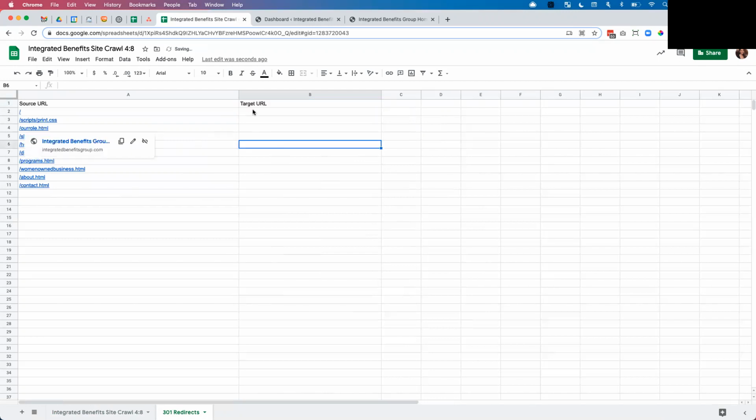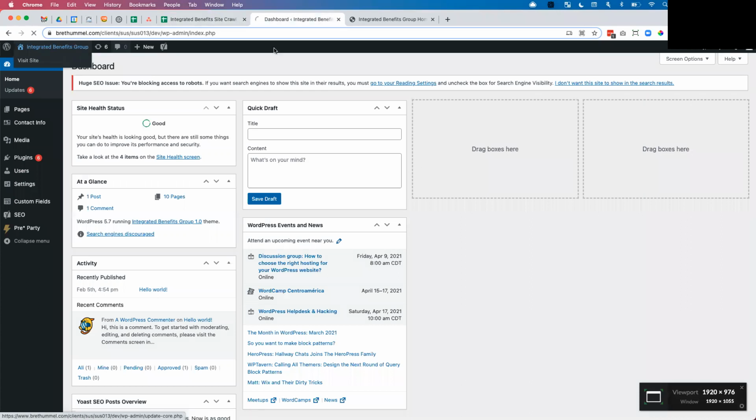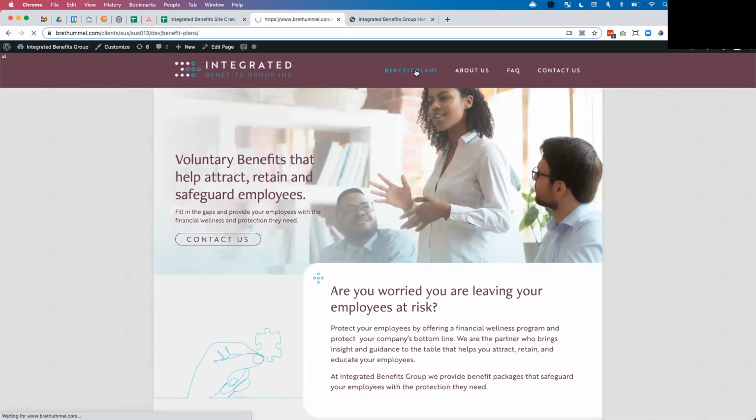So now that we have that reduced, now we're going to go ahead and take a look. Basically what we're trying to do is figure out, okay, what is this page on the current site, and where is it now on the dev site? I don't really know this page very well, so I'll probably have Drew or somebody help me with this, but like this benefits plans,